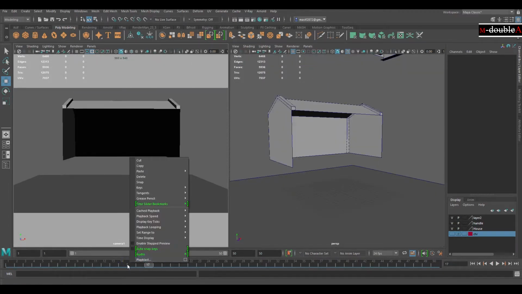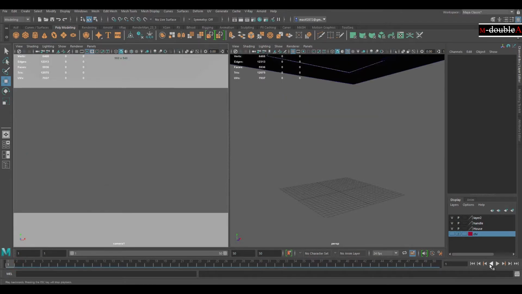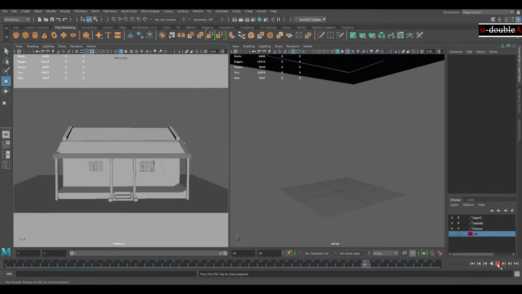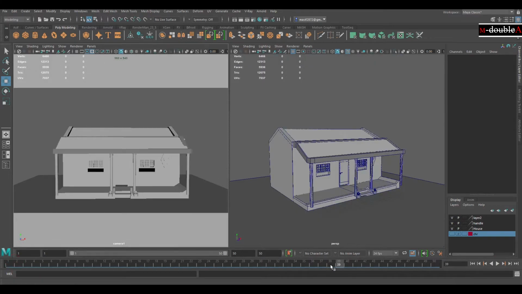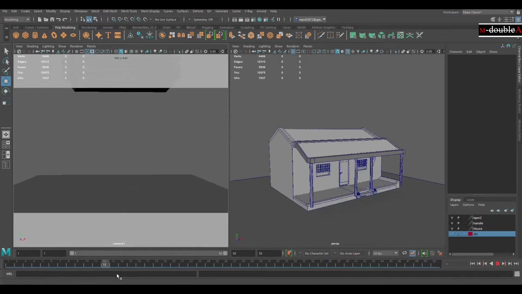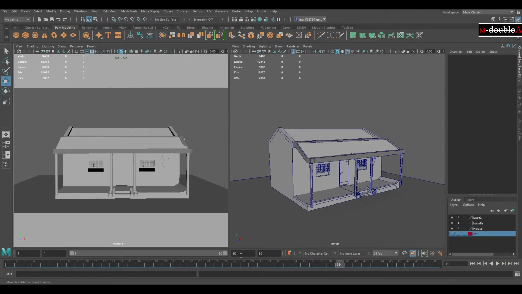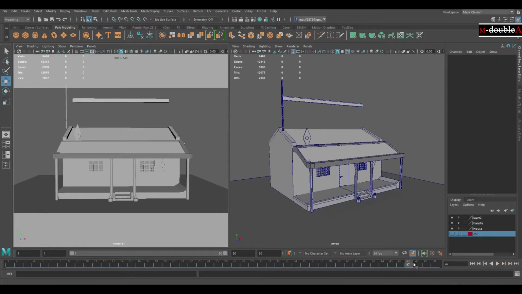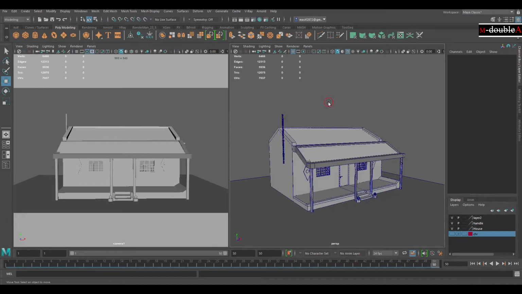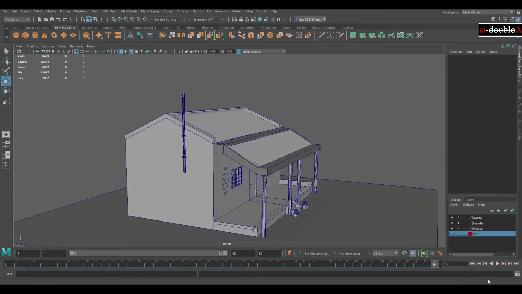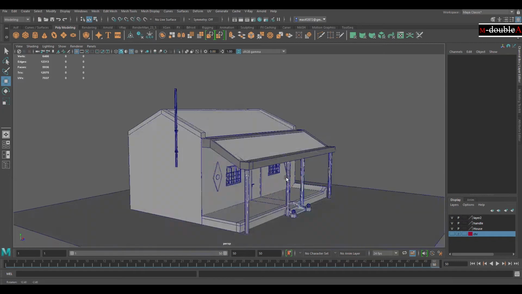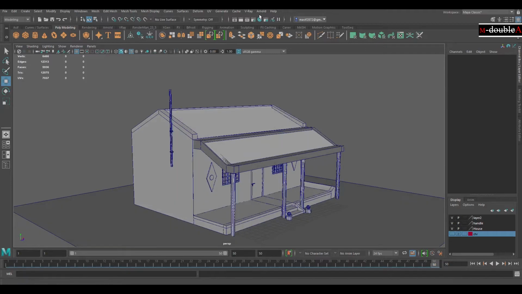Okay, right click on keyframes, set the playback speed to real time, and click on the play button. Yeah, you can see the breakdown. Okay, we just animated that, and we need this type of animated ambient occlusion. So what will I do? First of all, just click on this. Now we will start setting the layers and everything in render setup layer.